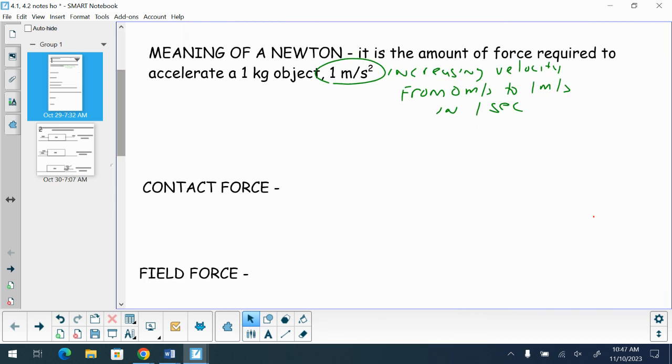You're trying to accelerate an object, and how much effort does it take for me to accelerate that object? That's the force. When you're pushing against something, you have to exert a force. Okay? It just doesn't magically move by just staring at it and using my mental telepathy here to say move, okay, you have to push